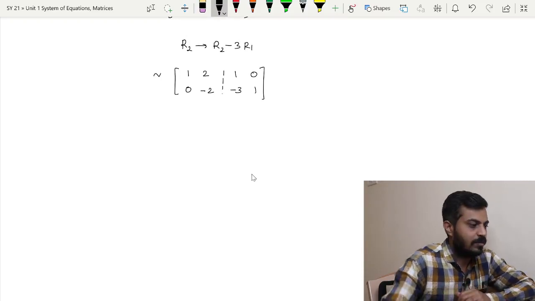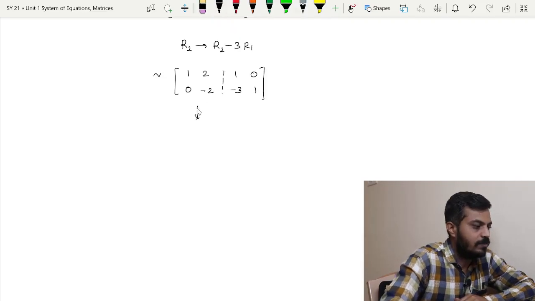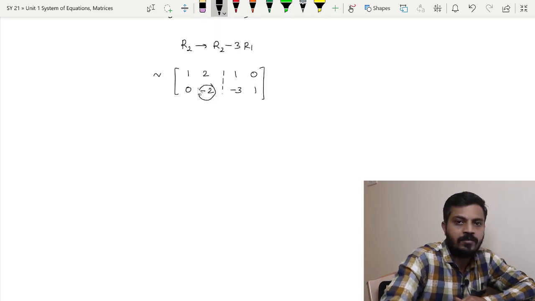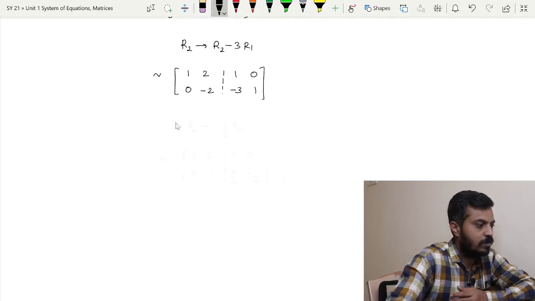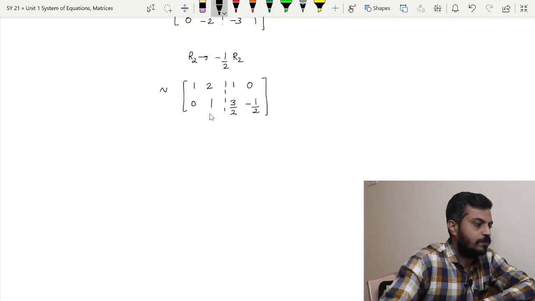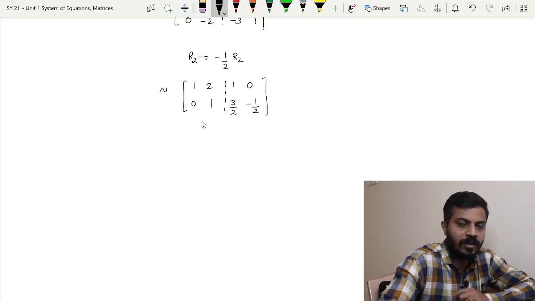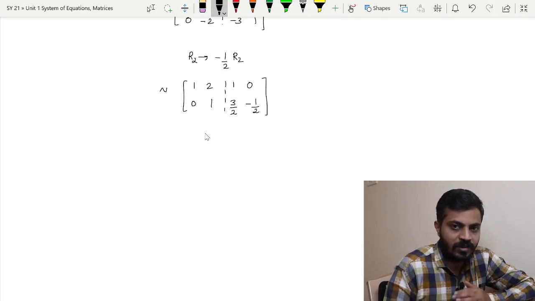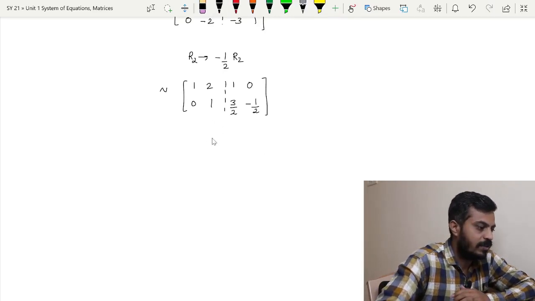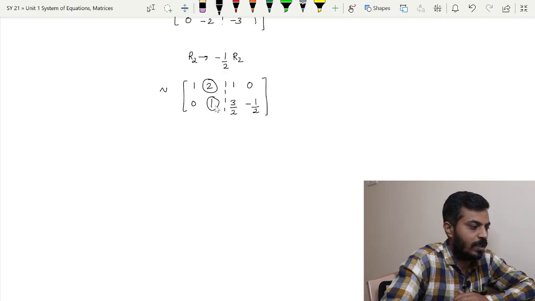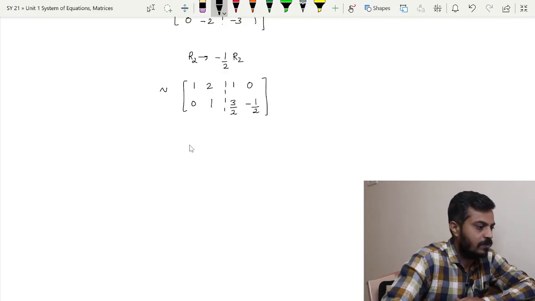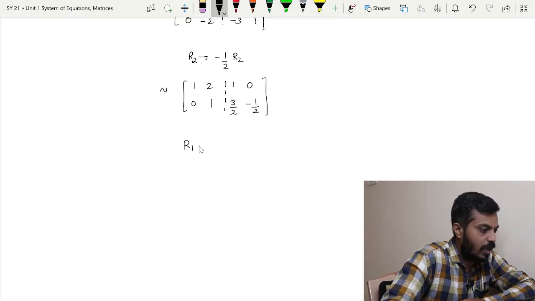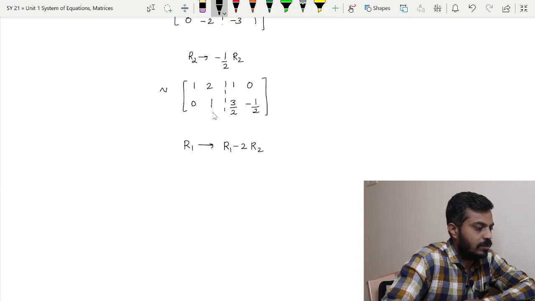Now let us try to reduce it to the identity matrix, but you can see that in the identity matrix this entry is 1. So let us make it 1 first of all. Yes, now you can see that only one entry is left. If we convert that entry to 0, then this will be reduced to the identity matrix, and that entry is nothing but 2. So in order to make this 2 into 0, we will take the help of this 1. Which operation to perform then? We will perform R1 minus twice R2, so that this 2 will become